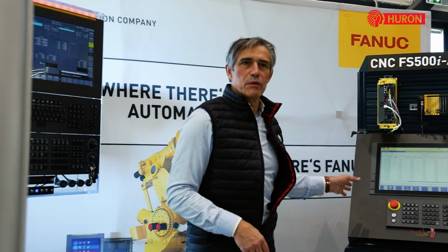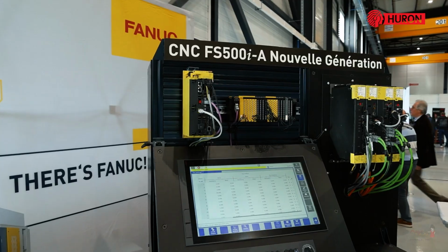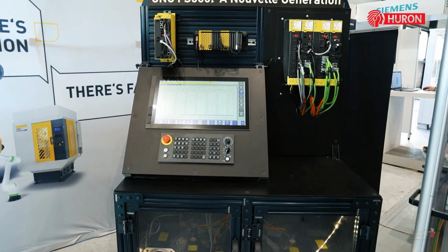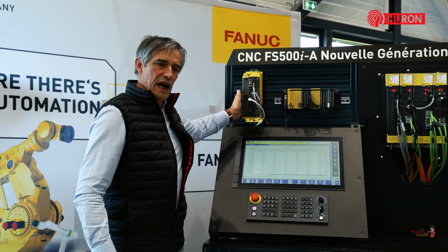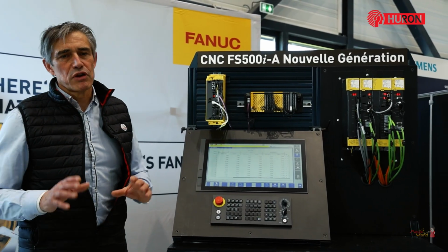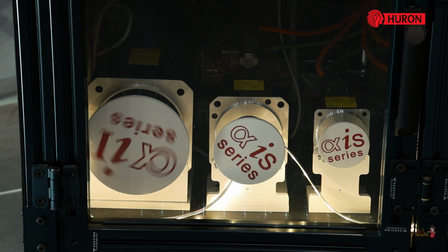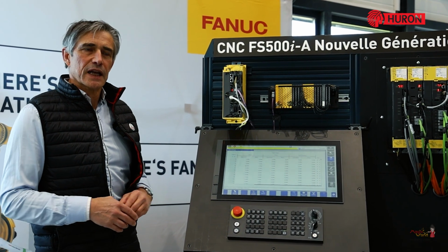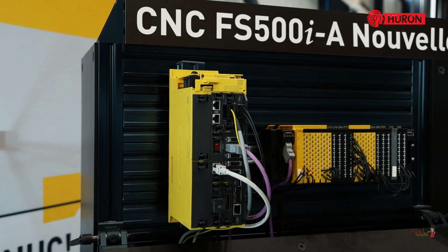Now we also have a presentation of our new CNC, the FS500i-A. It's a new CNC with a new design. FANUC has completely redesigned the CNC, a very high power CNC with a new CPU, and very important to use a 5-axis machine, and also redesigned all the display, all the HMI, to be more friendly and more modern for